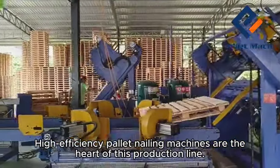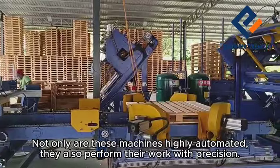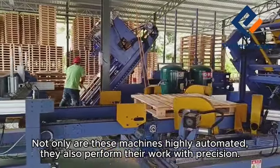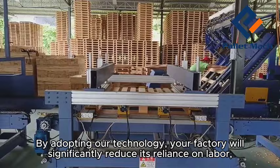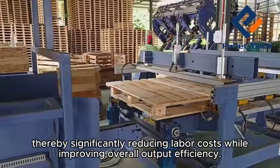High-efficiency pallet nailing machines are the heart of this production line. Not only are these machines highly automated, they also perform their work with precision. By adopting our technology, your factory will significantly reduce its reliance on labor, thereby significantly reducing labor costs while improving